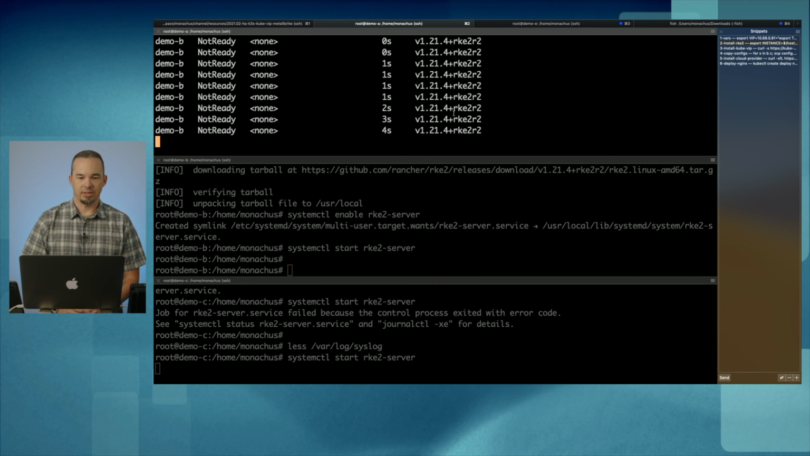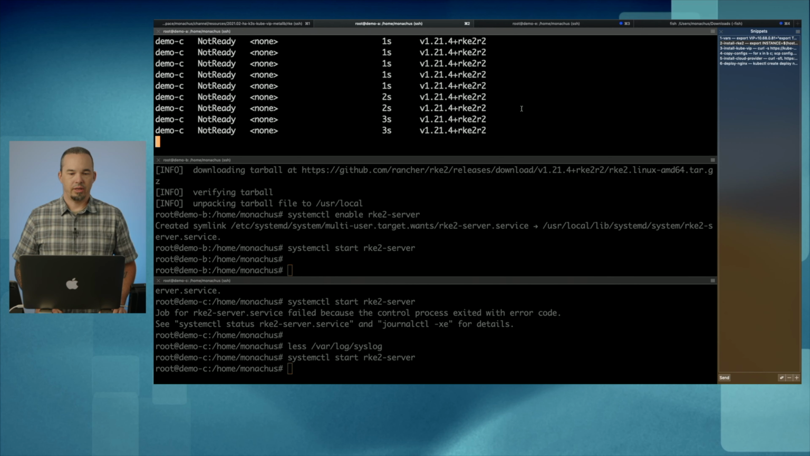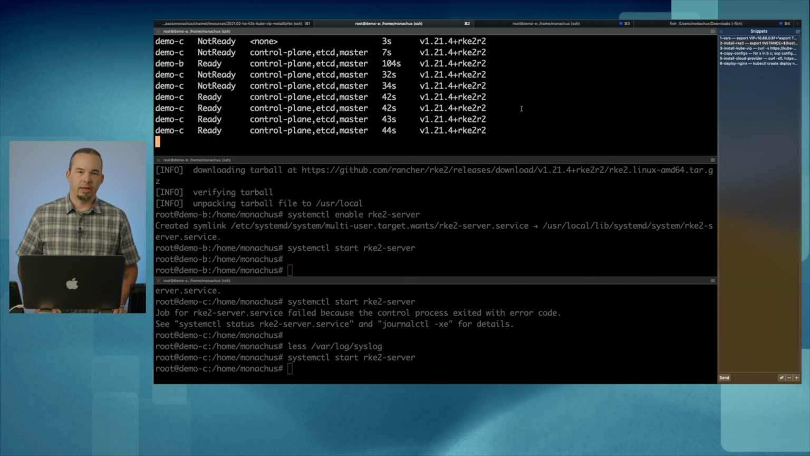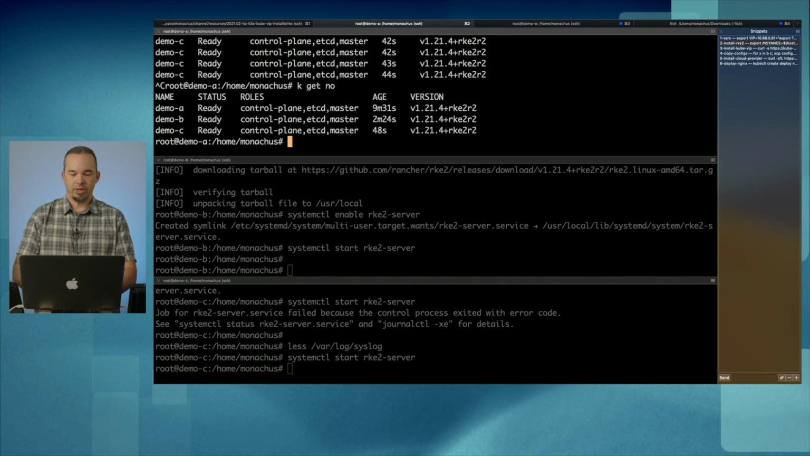It's still in a not ready state, but it's happily flooding our output up there. It's got its roles set now. And in a moment, it should go to a ready state. And then in a minute, we'll see demo C pop up as well. Okay, demo C is coming up now. It's got its roles, and now it's ready. So we've got three nodes in a ready state, and now